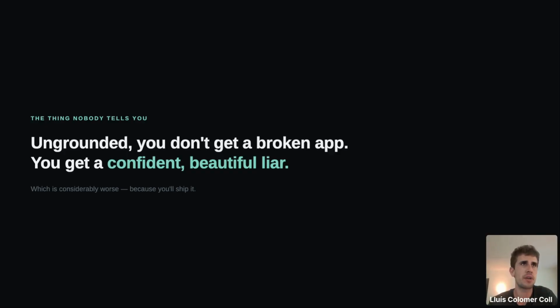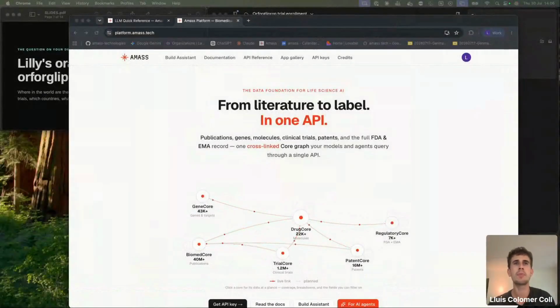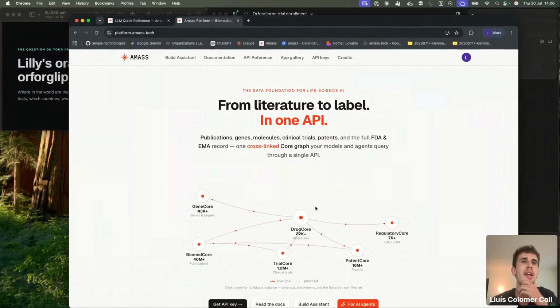Let me just share screen again, one sec. That's what we at Amass are aiming to do. We now define ourselves also as the data foundation for life sciences AI. The whole idea is that by building on top of our API, you get this core foundational layer, and then you can benefit from current state-of-the-art LLM models to reason on top.